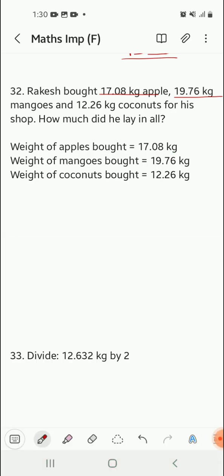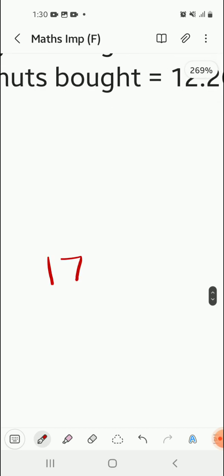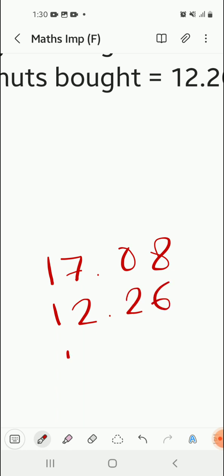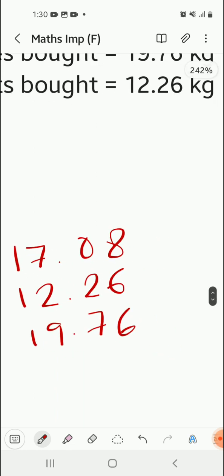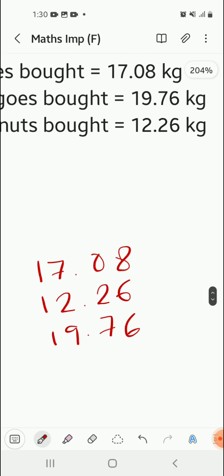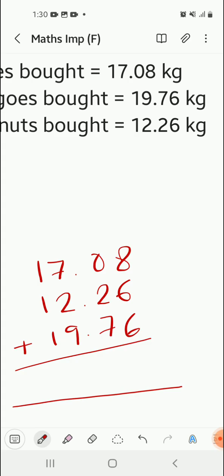Now we're going to add all of these. So 17.08, 12.26, and 19.76. We will add all of these. We get 6 12 plus 8 20, 7 to 9 to 11. Decimal point again here. Just remember, all the decimal points will be one below the other. 7, 9 plus 1 10, plus 7 17, plus 2 19, and